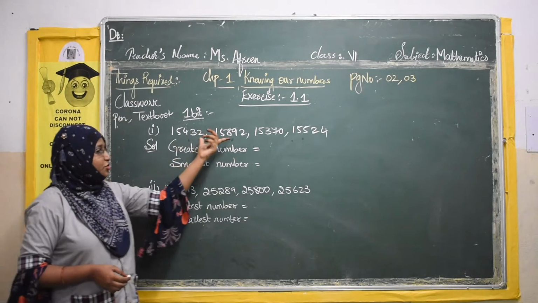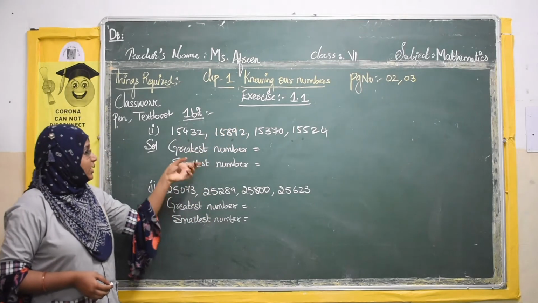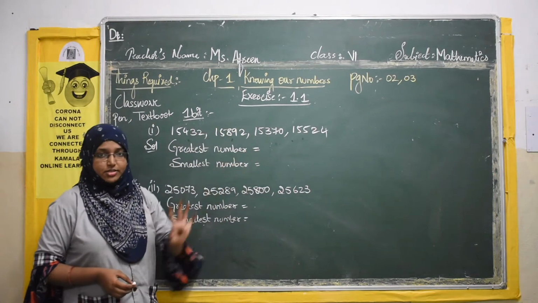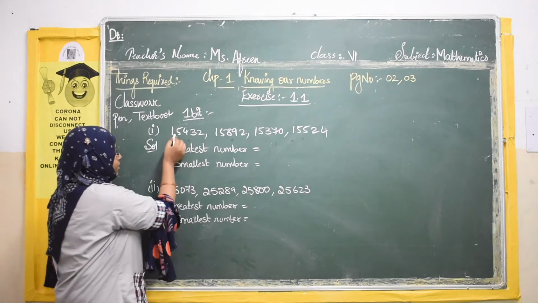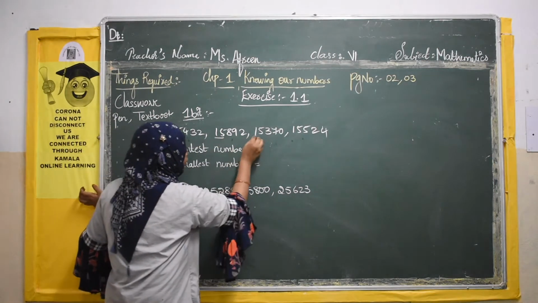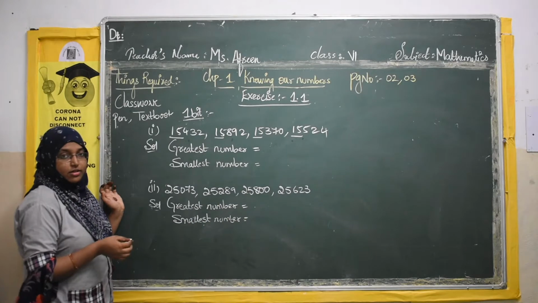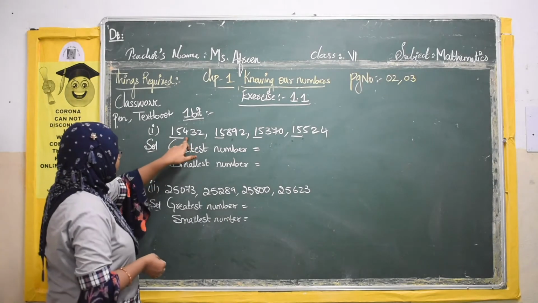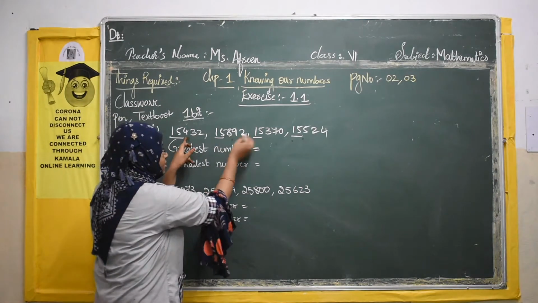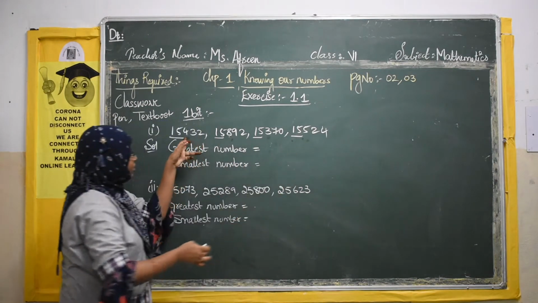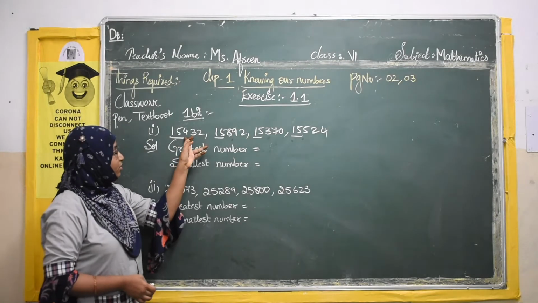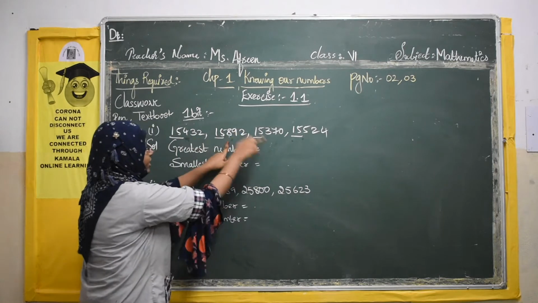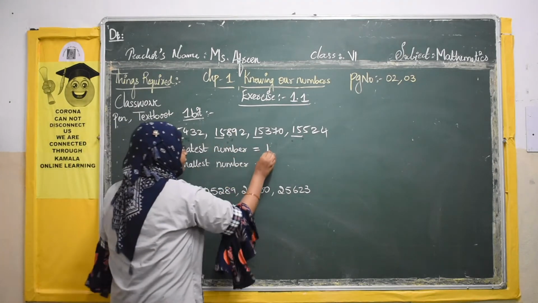Now among these we should find which is the greatest and the smallest. In this series, all the numbers have 5 digits, equal digits, right? So 15 is common in all these numbers. Now we will move on to the third digit, the hundreds place. Here you see it is 4, 8, 3, 5. Among these, which is the biggest number? It's 8. Then 5, then 4 and 3. So the greatest number is